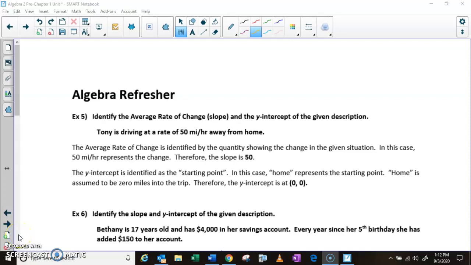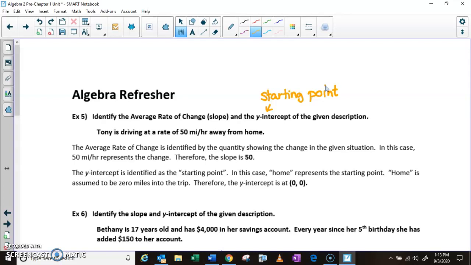Today we're going to do the word problems with slope and finding the average rate of change. The average rate of change makes more sense when we're talking about a word problem than does the word slope. We're also going to talk about the y-intercept. And remember, the y-intercept is what the starting point is for your word problem. For example, if I was running a race, the starting point would be the starting line